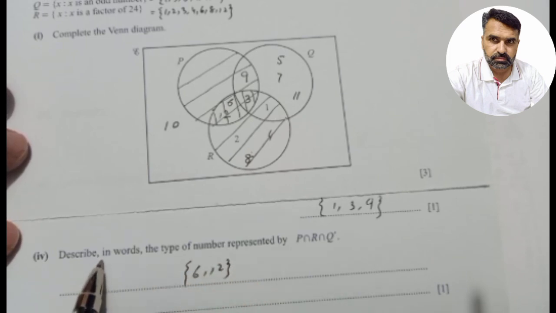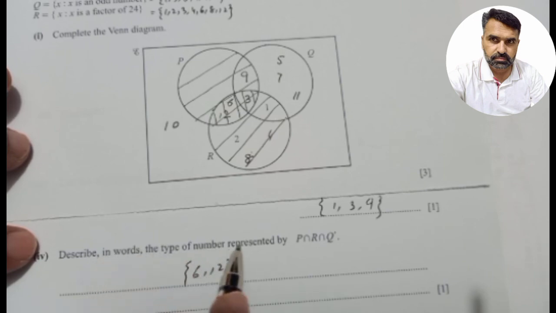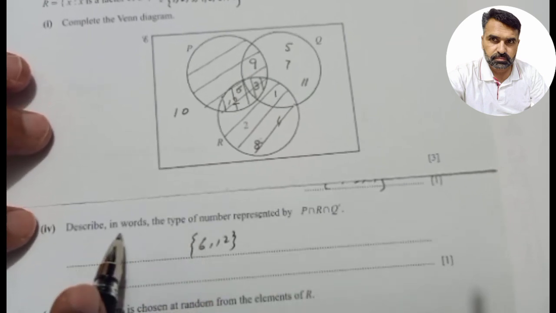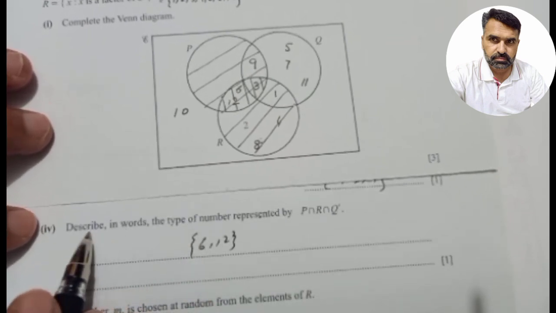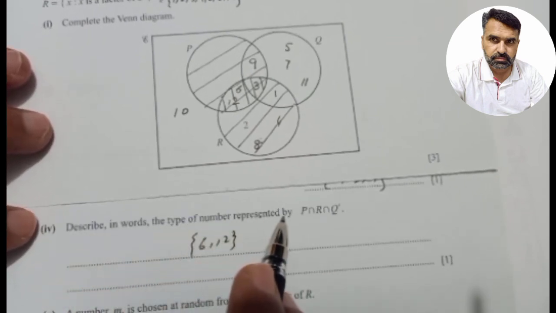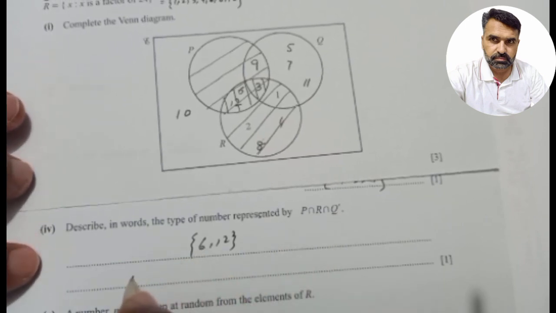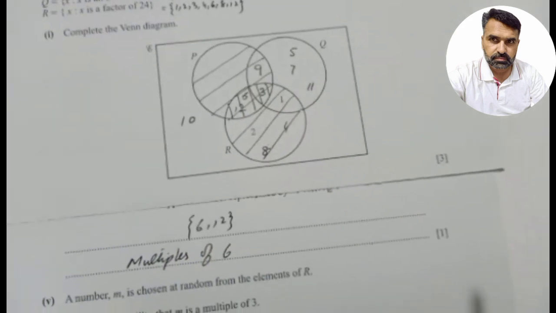In other words, describe in words the type of number represented. We should not write this, I have written it, it does not matter. We just have to describe in words the type represented by this. So the type of set is multiples of 6. Then the fifth part,